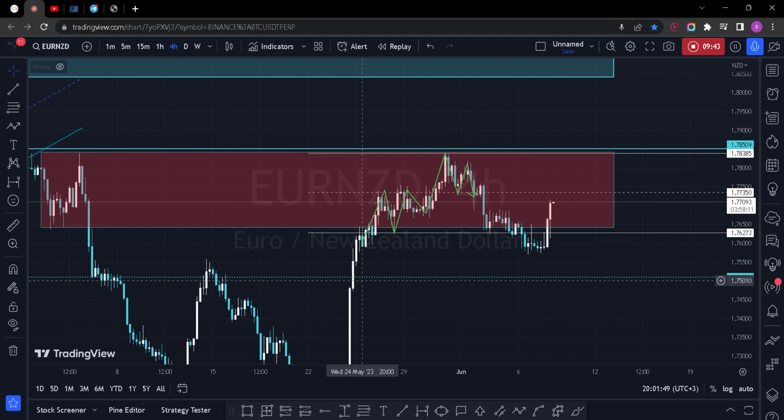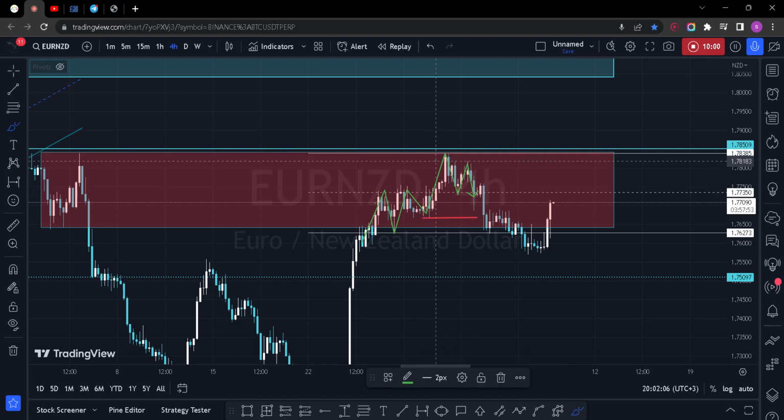We have an uptrend, then a failure swing, then an advancement down. Then on that advancement down, we have a break of structure. So this is the final low that led to this high right here, followed by